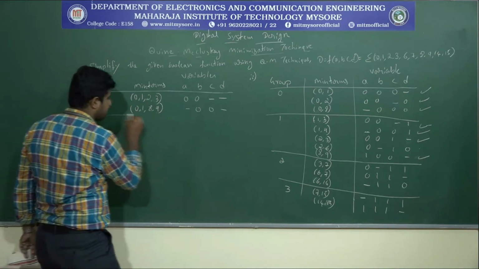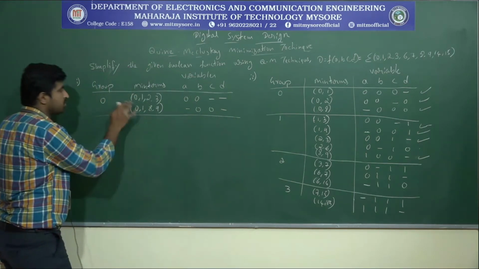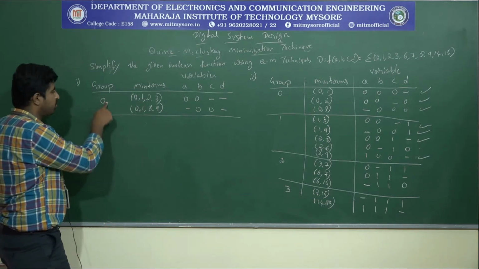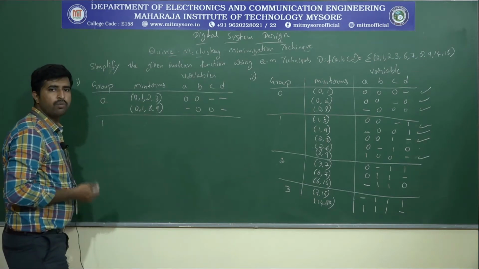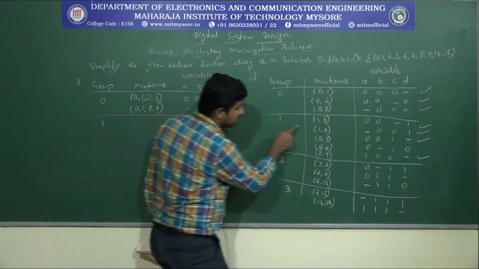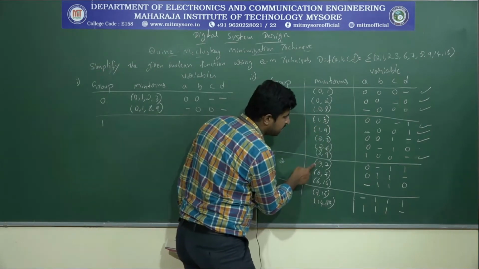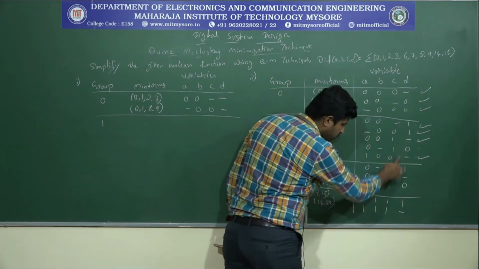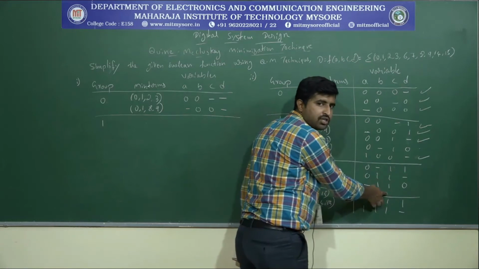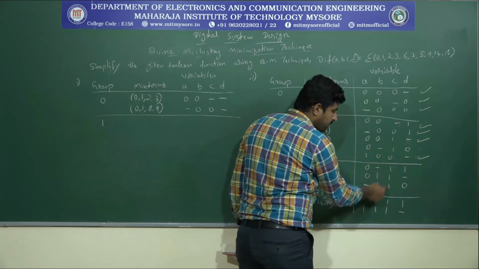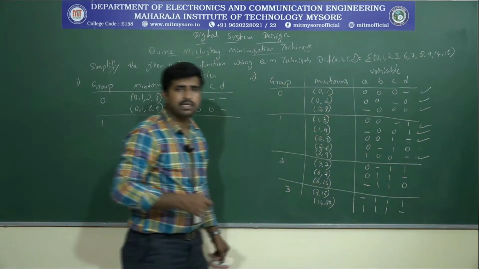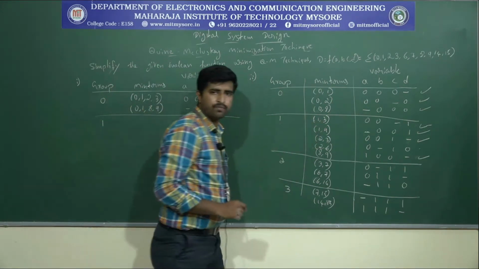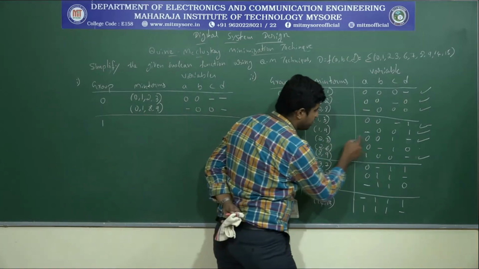So this group is over here. In the next table we don't have any other minterms, we have only the 2 minterms for group 0. Next, for group 1: 1, 3 will compare with 3, 7. The dash position is different, so no grouping is possible, because the same dash should be in the same position. Dash is not matching, so there are no other possible groups for 1, 3. No need to consider that one.